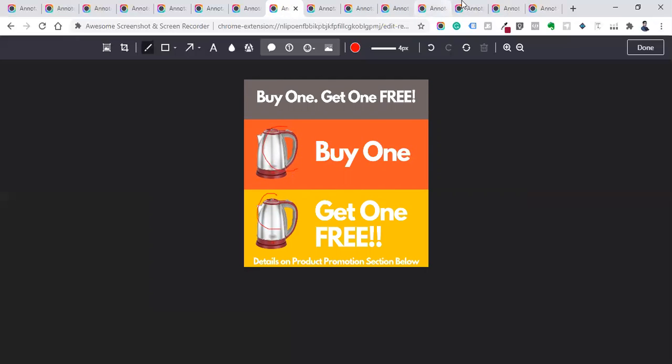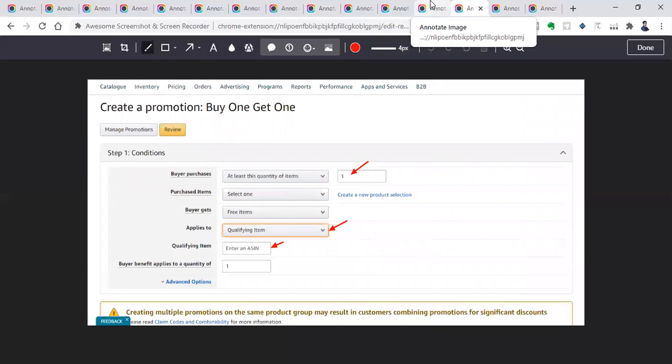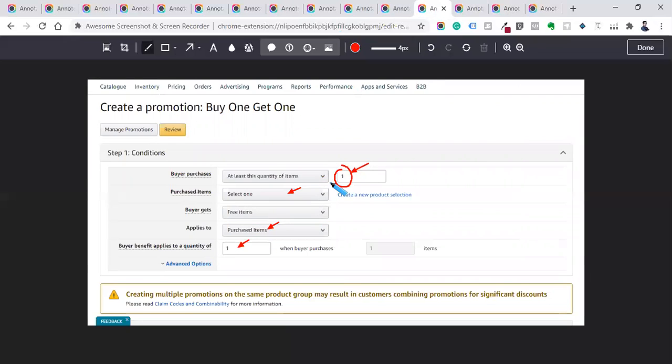To do that, they have to buy this product, and here you can choose the ASIN that you want, in this example, the kettle ASIN. The offer is free item. What they are going to get is the purchased item. Whatever they have purchased here, they are going to get the purchased item 1.